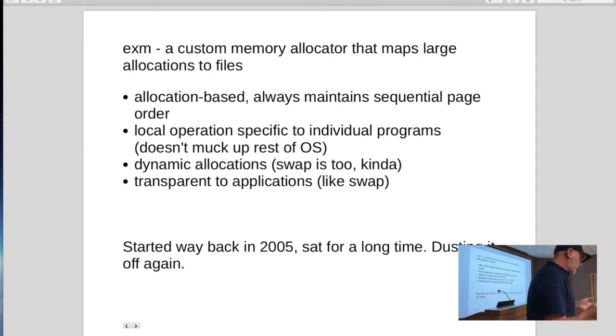Our little piece of code is a custom memory allocator called EXM, and it's a lot more flexible than swap. It's not a heavy hammer like swap. It replaces memory allocations with file maps, and it maintains a hash table of the mappings between the allocated files and the allocations. And it's very dynamic. You don't have to set up the swap space in advance and claim a certain amount of space. You just add files as you need to, and you have a lot of control over it through these controls